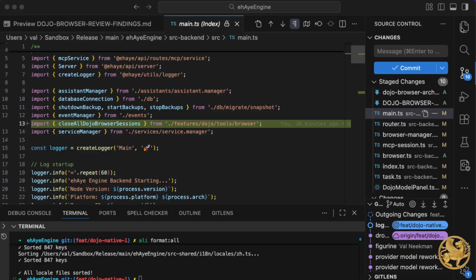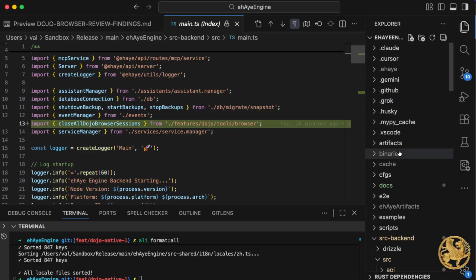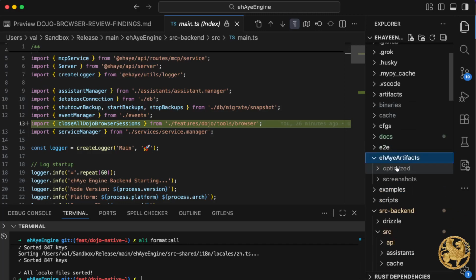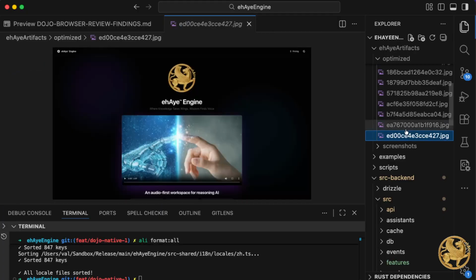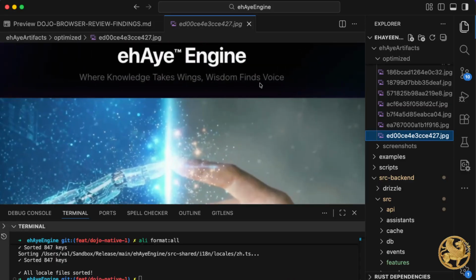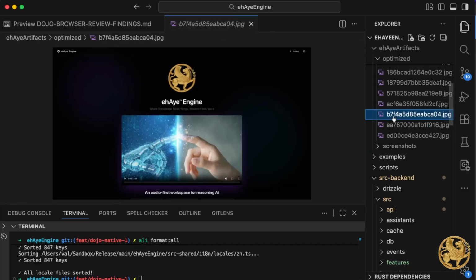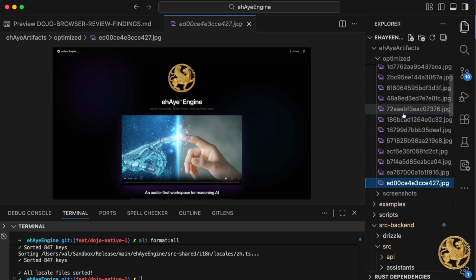So let me show you something. Those are the file changes. We're going to come here and go to this directory and look at the last image that was loaded. Here we go. It took a screenshot and did read this line. This line changes, of course. And here we go. The beauty is that it's optimizing.